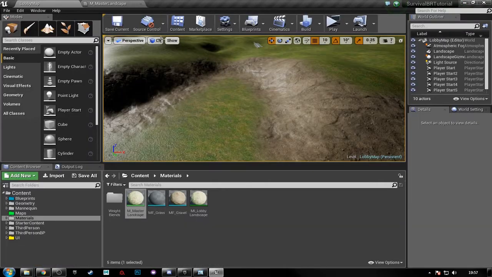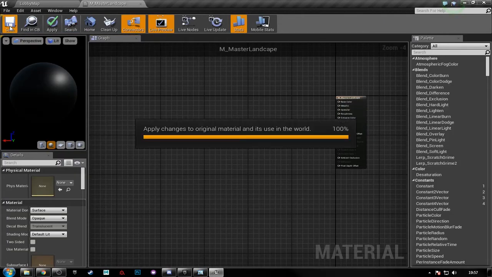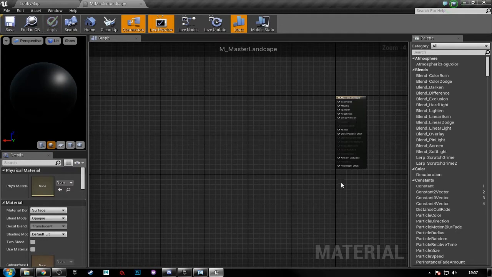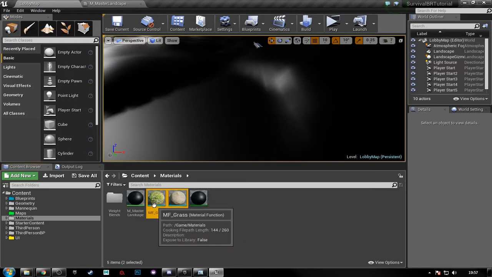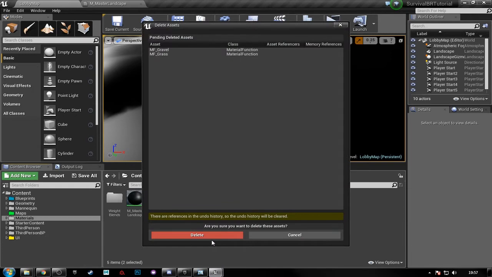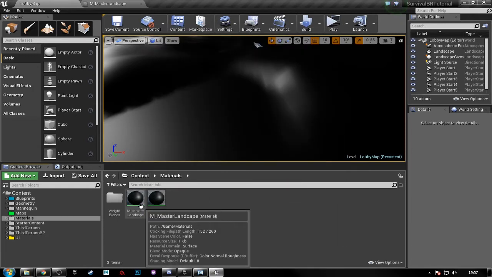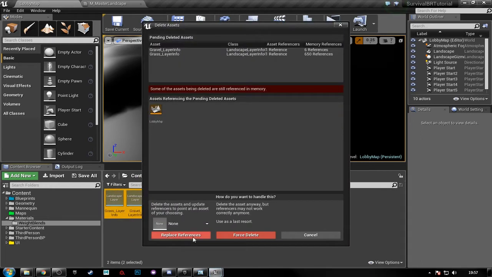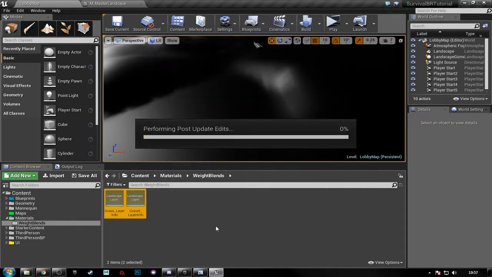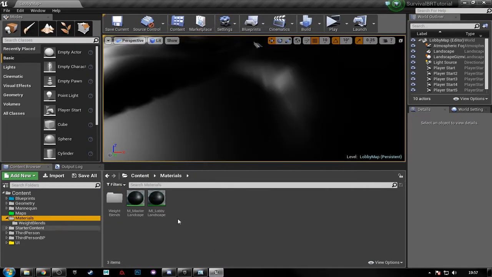Okay, and if we head on over here, let's just save this so that we can compile the shaders. Okay, so now we have a blank material instance, and we can delete both of these. We no longer need these weight blends, so we can delete both of those as well, and just force delete. Now heading back over to our master landscape material,